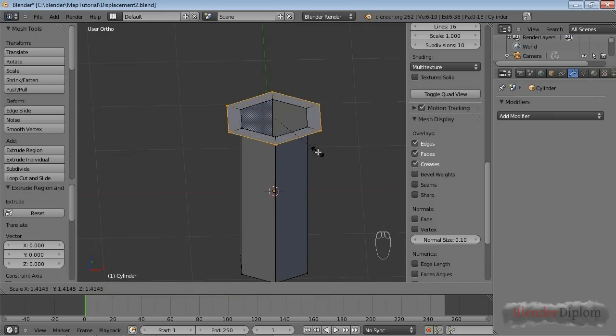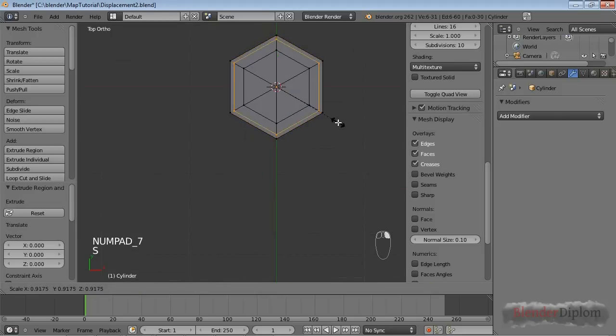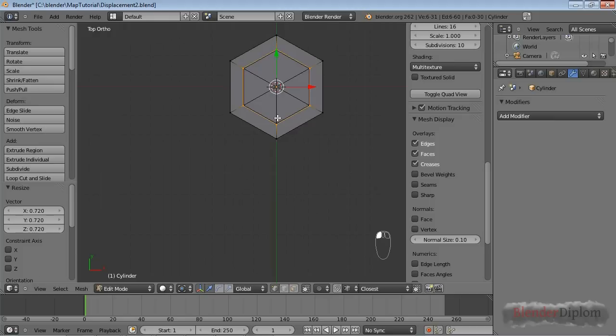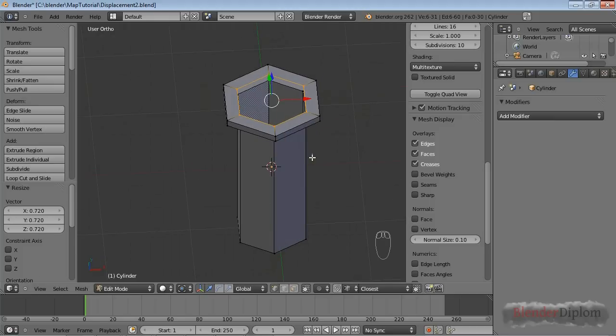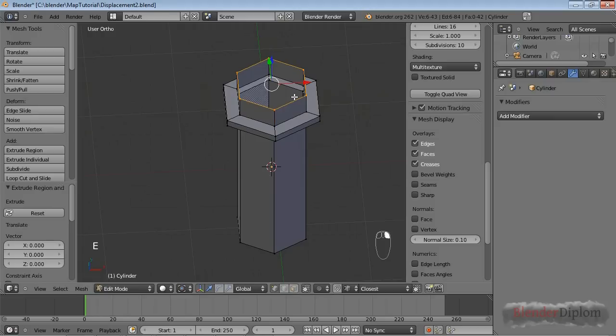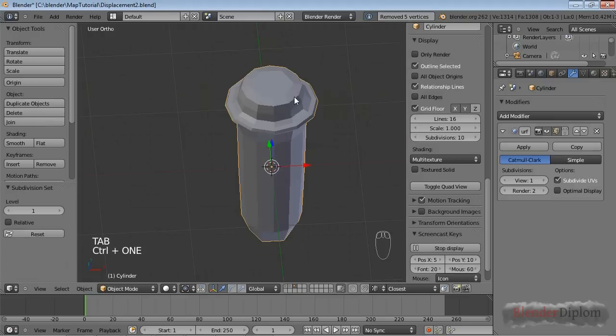Just scale this out. Extrude again. Push this up a little. Extrude again. Push this in. And let's make this roughly the same as this, or actually let's make it exactly the same by holding Ctrl and hovering over one of these vertices. So now it has the same diameter as the original cylinder. E again. Push this up. And E once more, right click and Alt M at center, and press Ctrl 1, and we have a subdivision surface modifier on top of it,